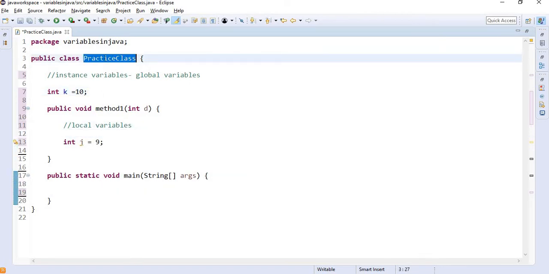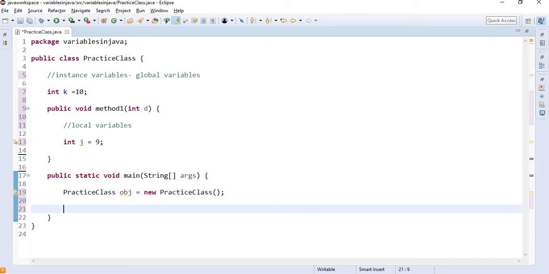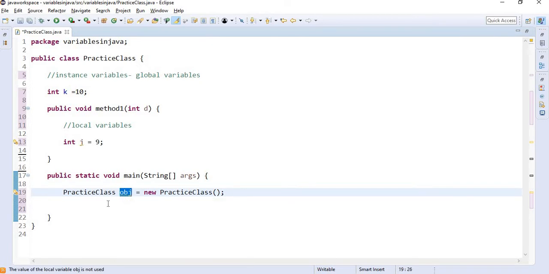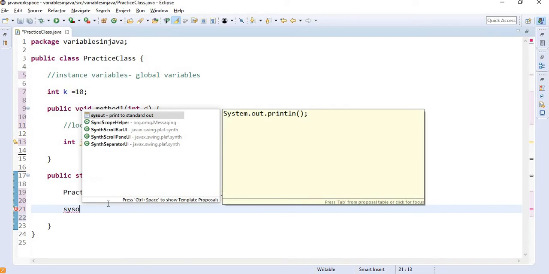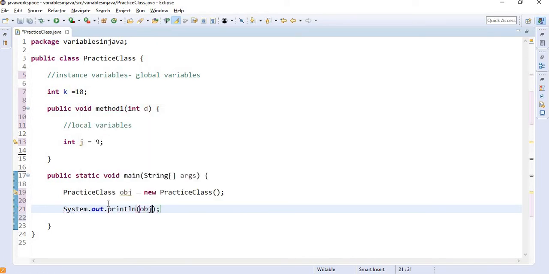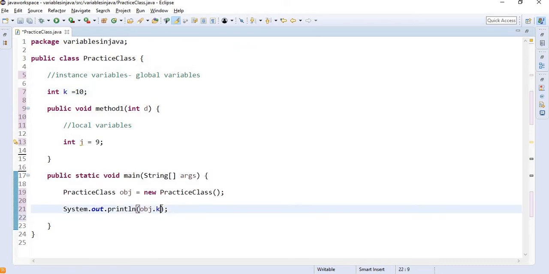Let's understand this more. I am creating an object, because I can access these variables or methods using an object of the class only. So I first create the object, and then I access my variable k using the object. See, I am able to access this variable within the main method using the class object.